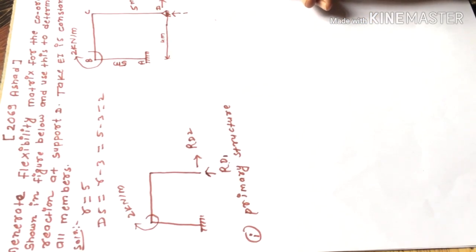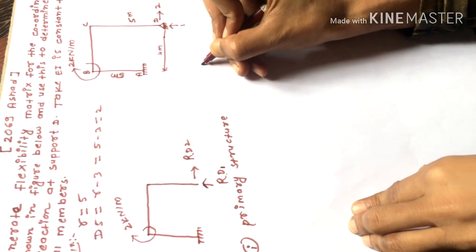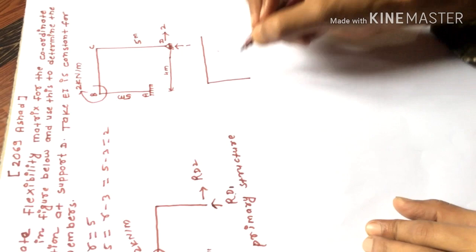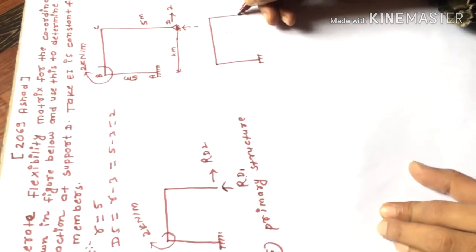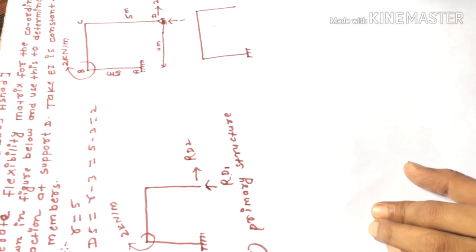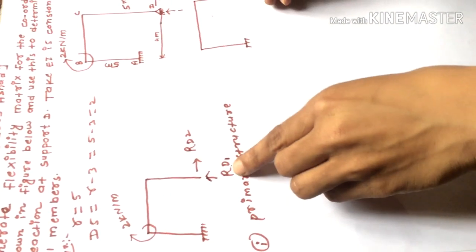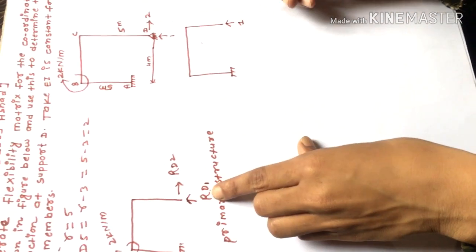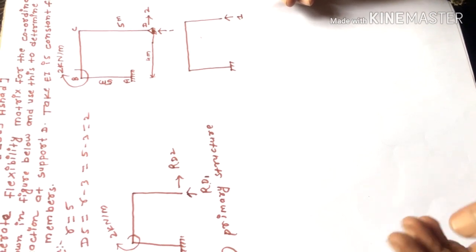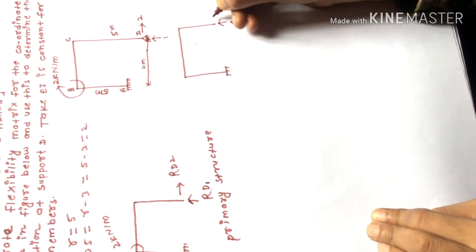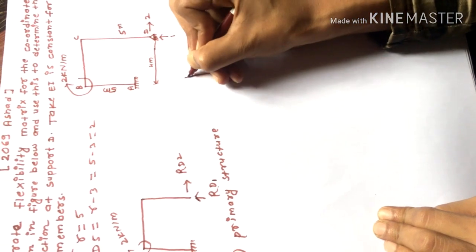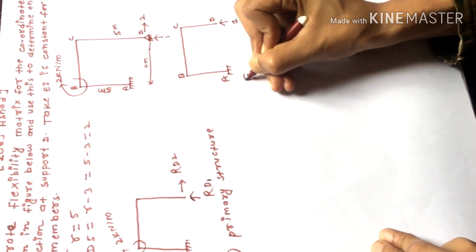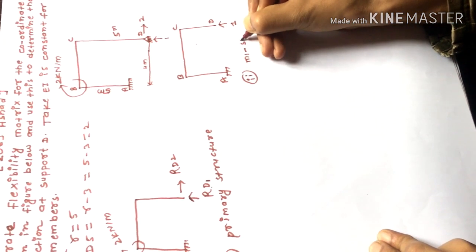According to the force method, what we have to do next is put unit forces in the direction of the redundants. So at first let us put unit forces in the direction of RD1, as we can see in the figure. So let us apply the unit force in the direction of RD1, thereby removing external forces. This system is A, B, C, D, and if this is figure 2, then this system is known as the M1 system.